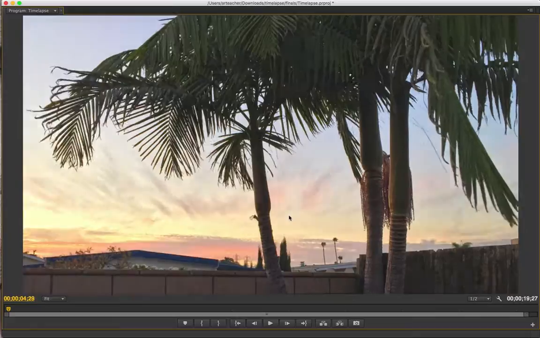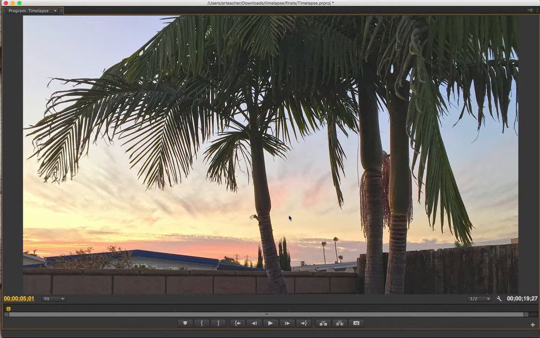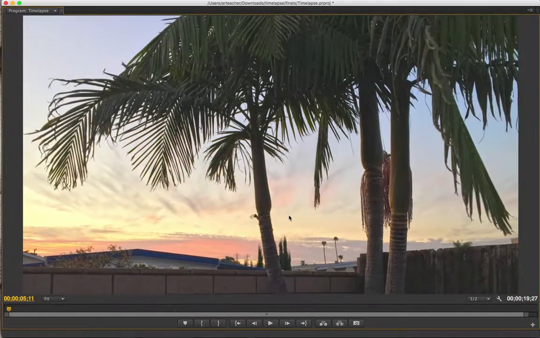This is why I would suggest on your real time lapses, not your practice time lapses, shouldn't matter for that, but on your real time lapses, I suggest using a manual exposure so that your exposure is not constantly changing. It's going to keep the exposure the same throughout